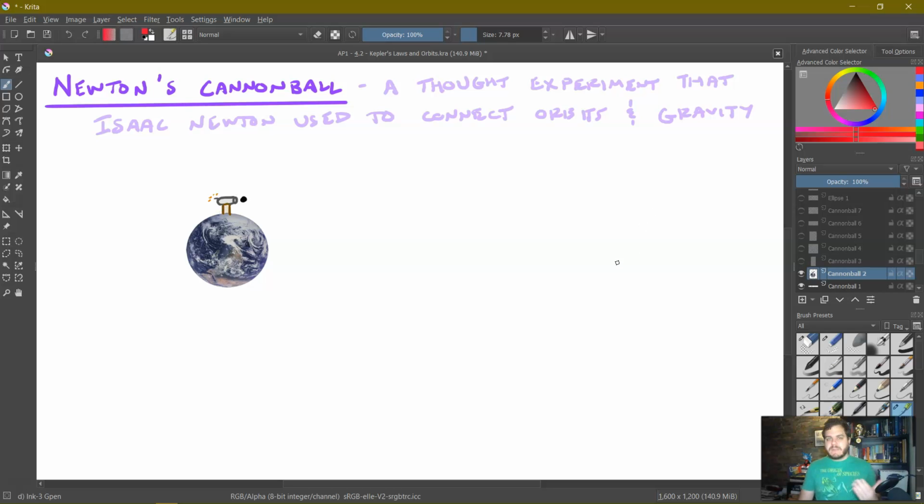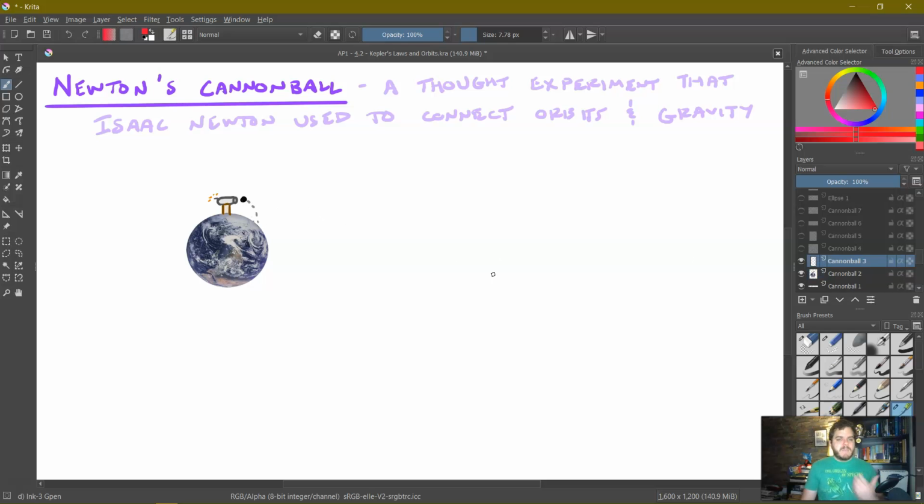Now, we learned in projectile motion that when a cannon is fired horizontally, the cannonball will take a parabolic trajectory and hit the ground. But in this situation, this is such a tall cannon that not only is it going to take this trajectory, but it's going to keep falling until eventually it hits the surface of the Earth. So, if we fire the cannonball, maybe it takes this